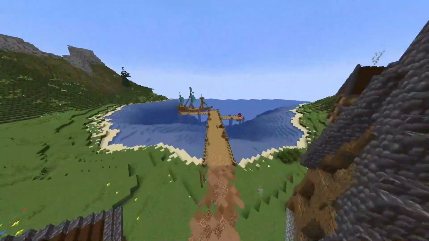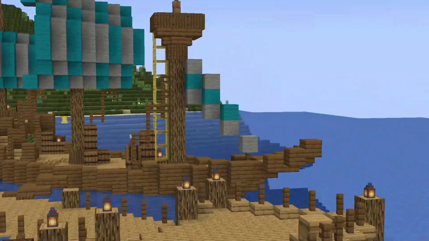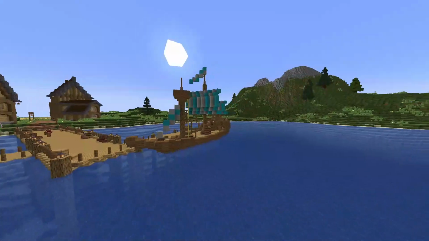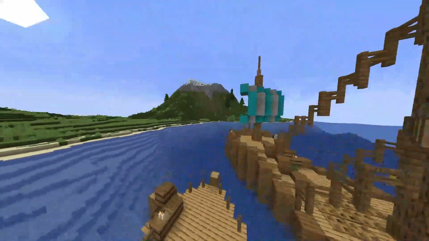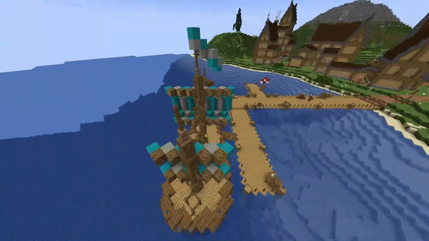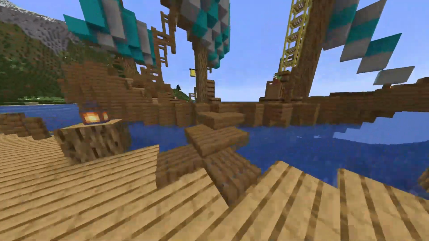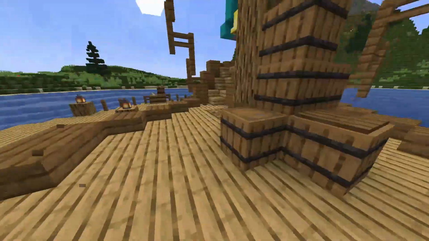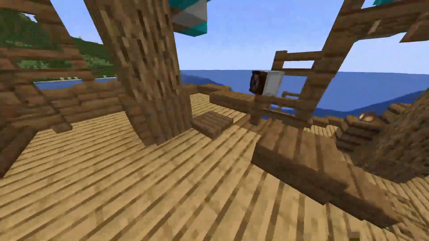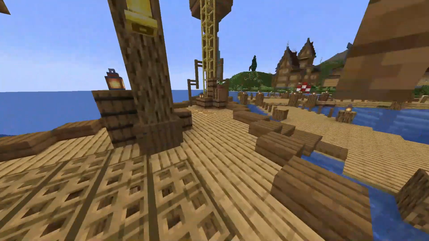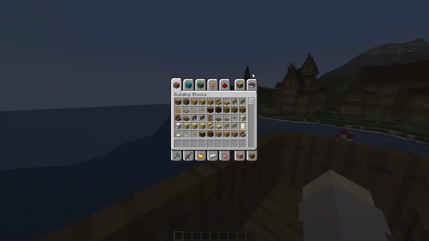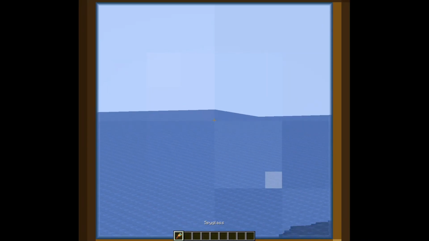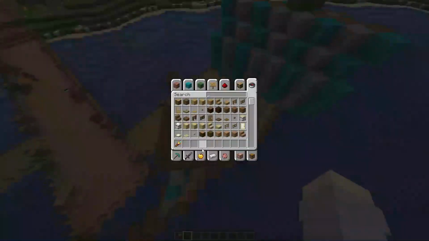Just start out over here by the docks. Got a nice boat that you didn't see in the time-lapse. I built this right after the time-lapse, and I think it turned out pretty well. It's even on a diagonal, which I didn't know I could do on a boat, but did it. On this boat, up here we have the steering, an excellent seat. Over here we have this place up here, so if you grab a spyglass, you can watch out for stuff. Not that the boat can move.